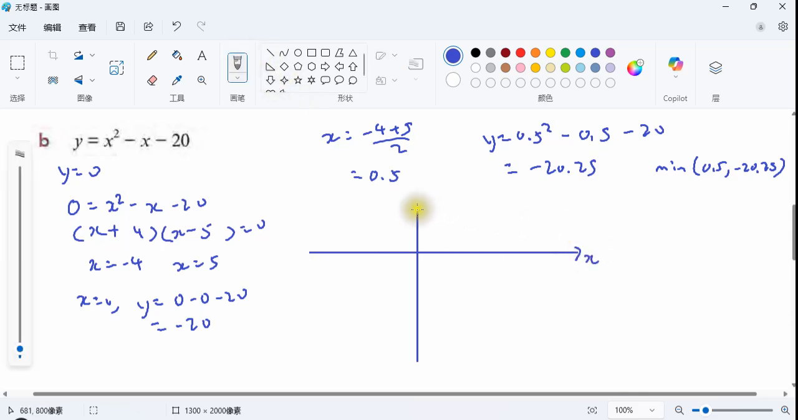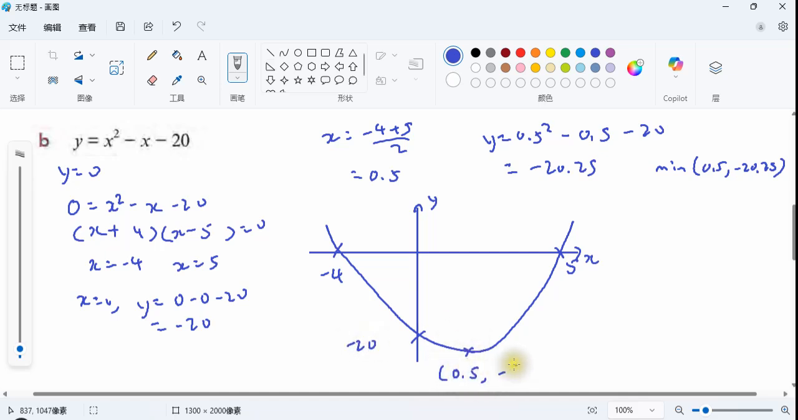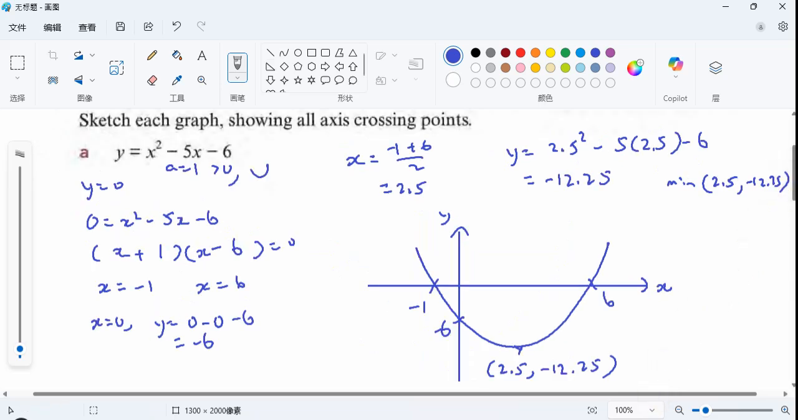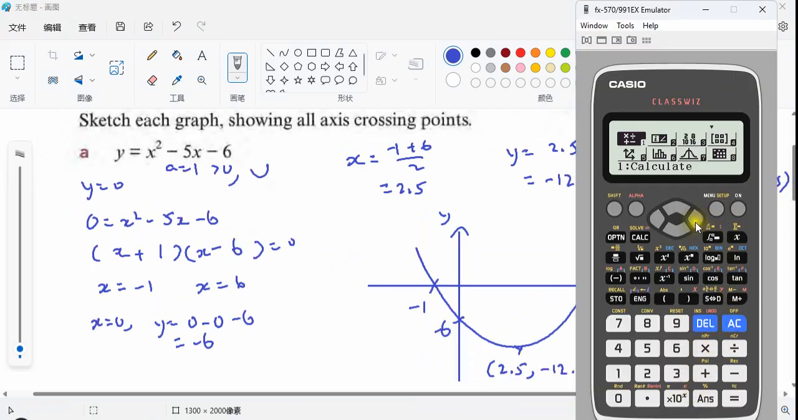So this is x, this is y. So the graph will look like this. This is -4, this is 5, this is -20, and this is (0.5, -20.25). Okay. So actually we can check the answer using calculator mode, and then we go to the A here, function